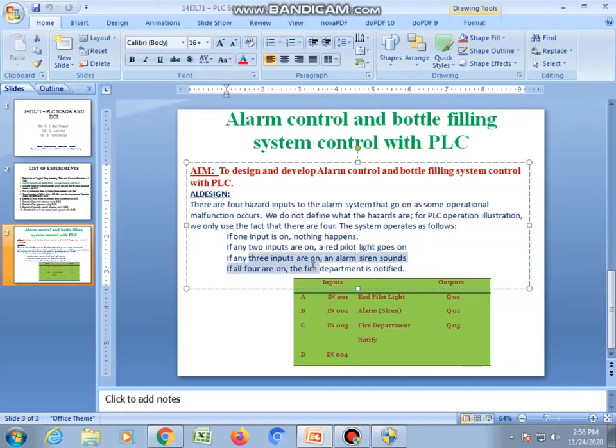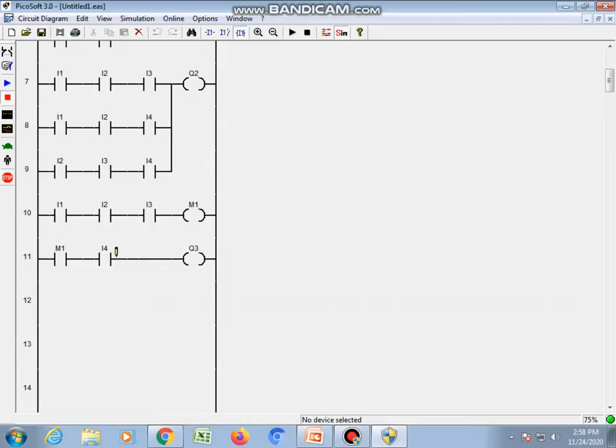Then when any 3 inputs are on, an alarm should come on. Any 3 sensors becoming true means the combination 1 2 3: the first sensor becomes true, and the second sensor and 3, or 1 2 4, or 1 3 4, and one more.